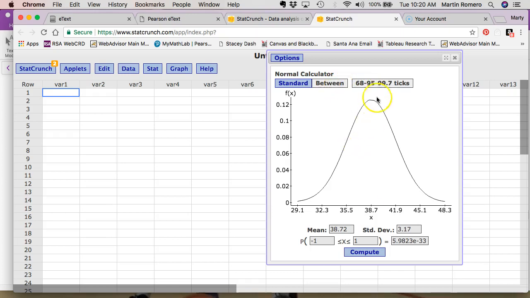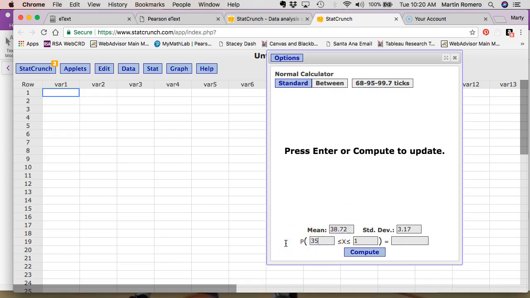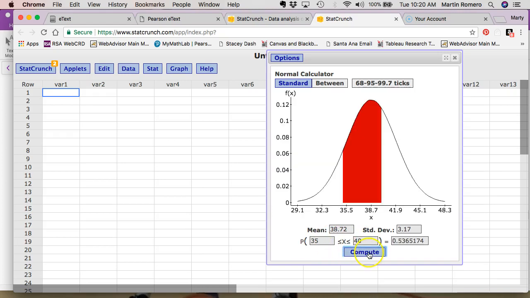Use the between. Oh, I didn't know I could use that. Use the between here, and we were going to go, oh no, that's the same. We want between 35 and 40 and compute. And so we can see the answer between 35 and 40